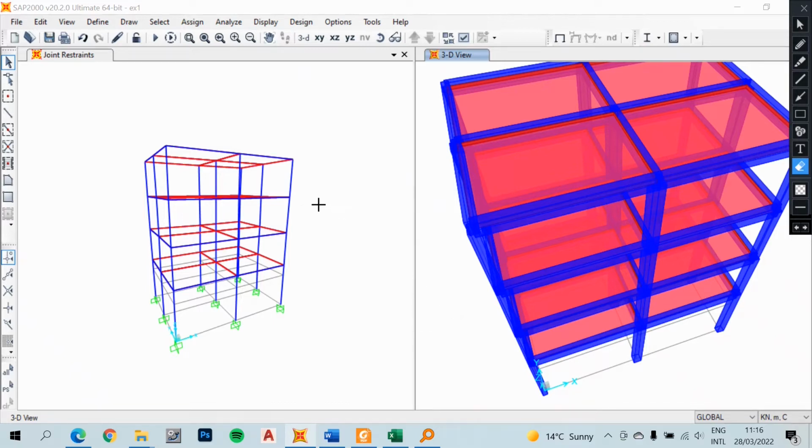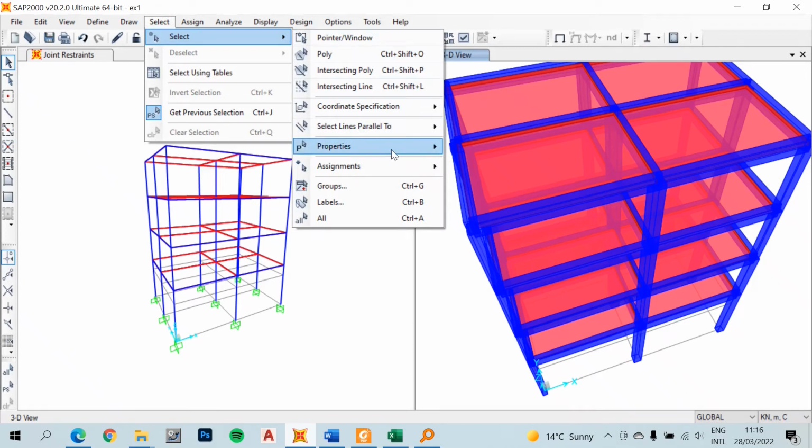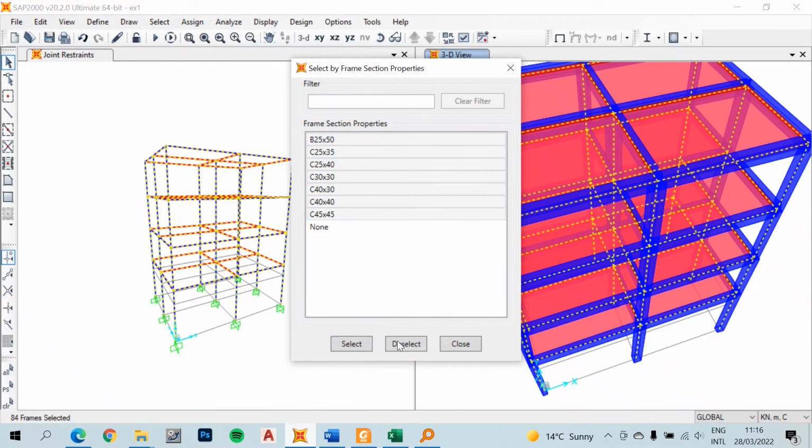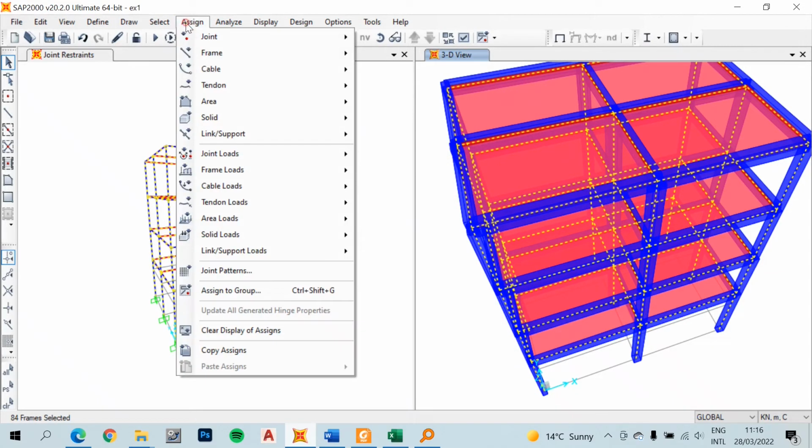So let's do that property immediately. Let's select the beams and the columns and apply the property. To do that, I select properties, frame sections. I come here and select all beams and columns, and then I go to assign frame